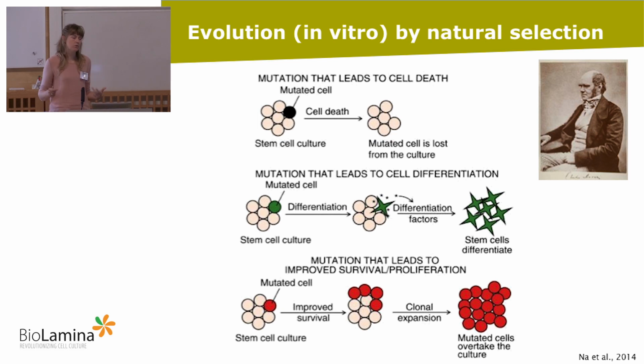So we were interested in these single events, with the question of how often does this actually happen? How often do stem cells mutate in the culture? Because you have these cultures becoming abnormal so often, you would think this is happening very often in the culture, and we just wanted to know more about this. So how do you study single cell events?